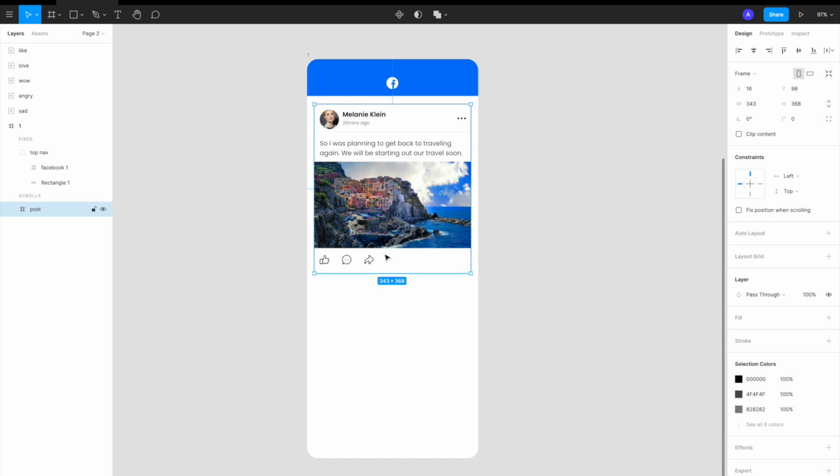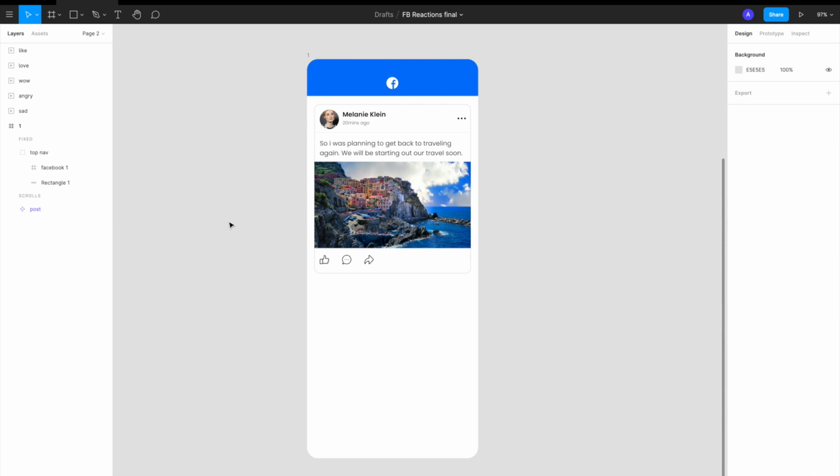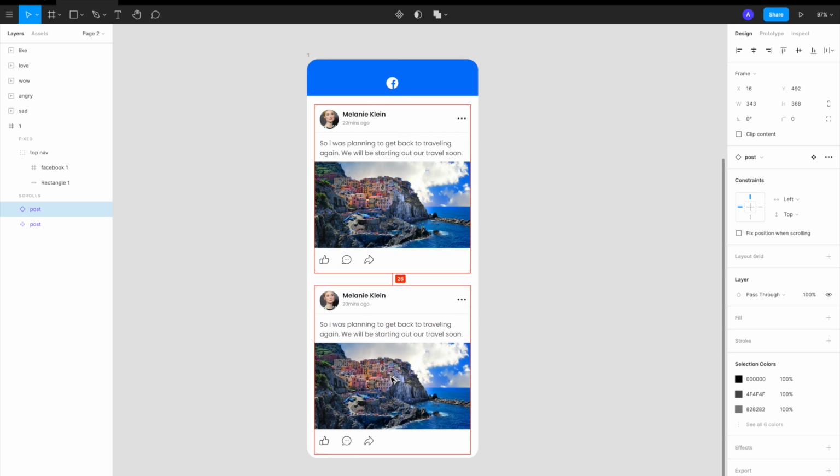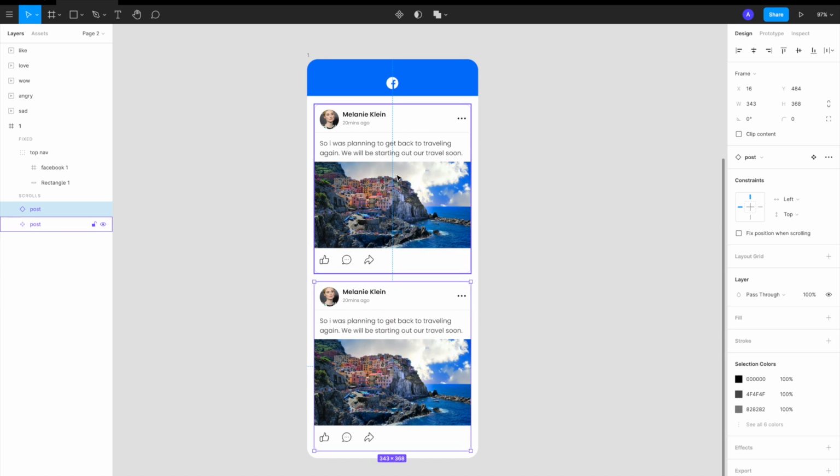Now what we're going to do is create a component out of it. A component has a lot of benefits. Group them and just come here and create a component first. The benefit of a component is that all the Facebook posts have a similar structure, so it makes sense that we create a component and then create instances out of it. The first primary benefit is that if you change anything in the main component, it'll also get reflected in the instances. So for example, if I just duplicate this component, I'll get an instance out of it.